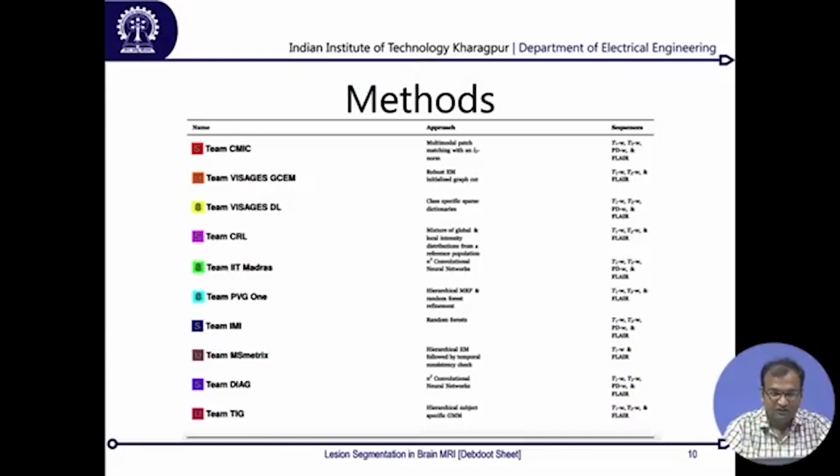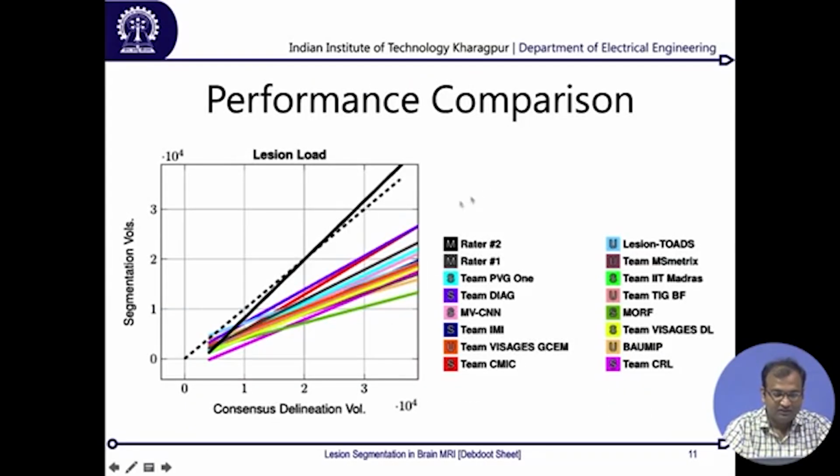And together what they come down to is quite a good performance. So what we have over here is a study about the lesion load, and this is about consensus on the delineation volume versus the segmentation volume. So what this curve basically lays down is that if the delineation volume and the segmentation volume